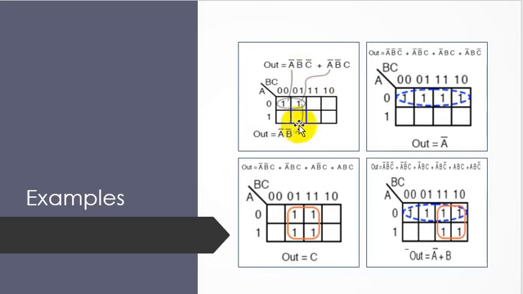In the first case you can see that if we have ones like this, we just pair these ones and we write down the equation. How do we write down the equation? The same rule applies again. You just see which input is not going to be changed throughout the pair. You can see that A is not going to be changed for this pair because A is 0 throughout this row, and in case of B and C, we are moving across columns for this pair. So in these two columns we have seen that B is not going to be changed. So it's understood we have just two variables A and B for our output equation.